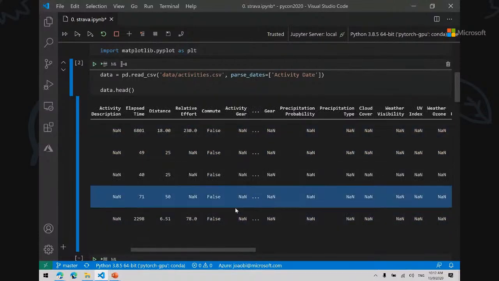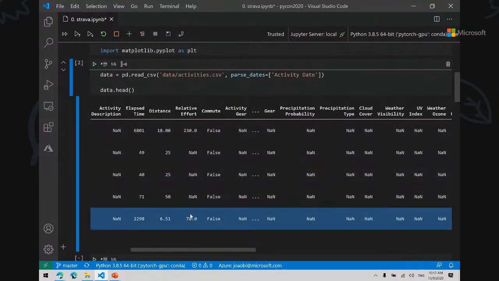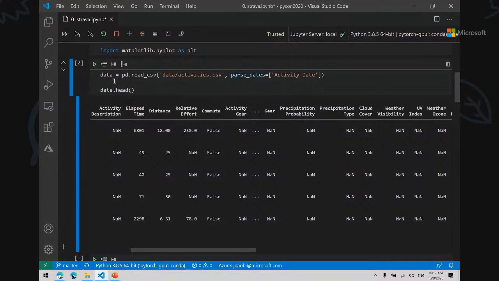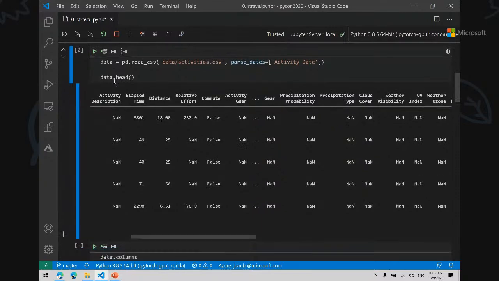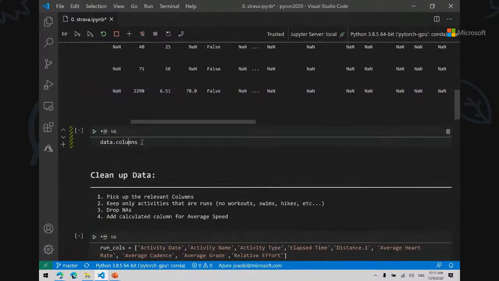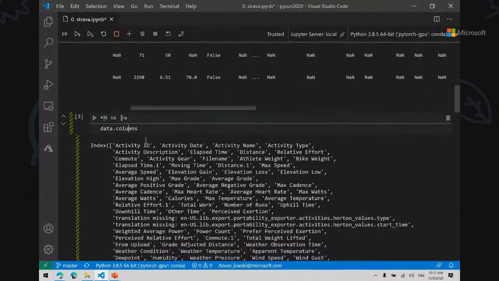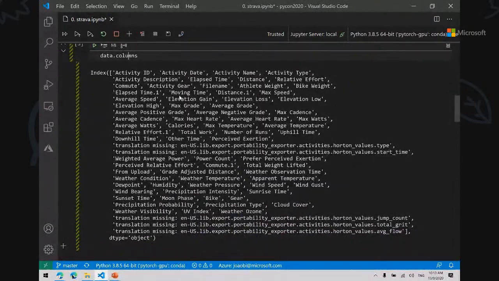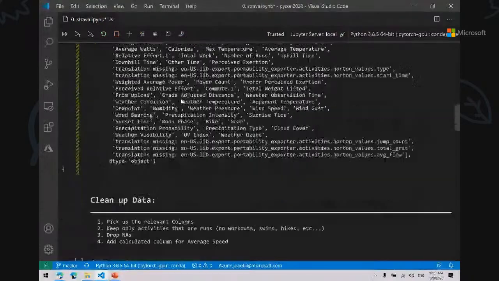You have a lot of columns in here. This column, relative effort, is the one that I'm most interested in. It's the column that determines how hard that exercise was for me. We can look at the full column set here. That's where you see things like average speed, distance, max speed, moving time, and so on.